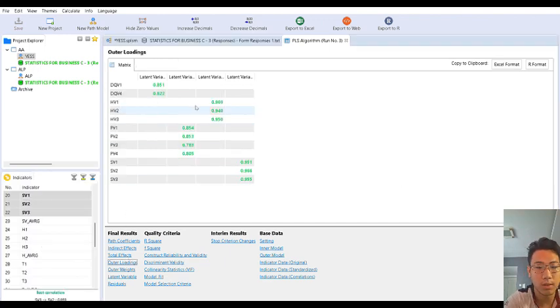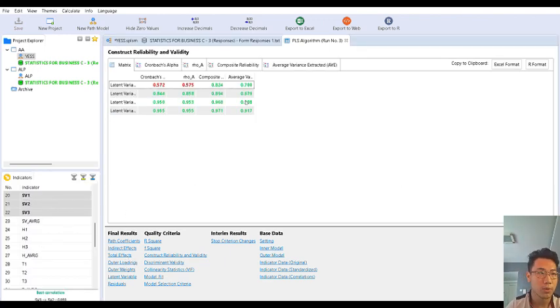Okay, then the next thing we're going to do is check the reliability of the data. For this we're going to use three methods, which are Cronbach's alpha, rho_A and AVE. For the first one, Cronbach's alpha, it is shown that there's one value which is red, below 0.7, which means in Cronbach's alpha, that data is not reliable.